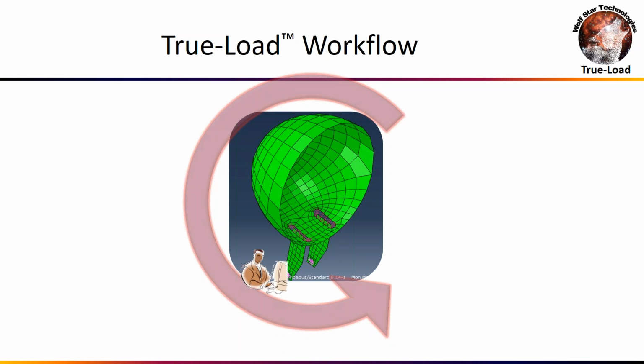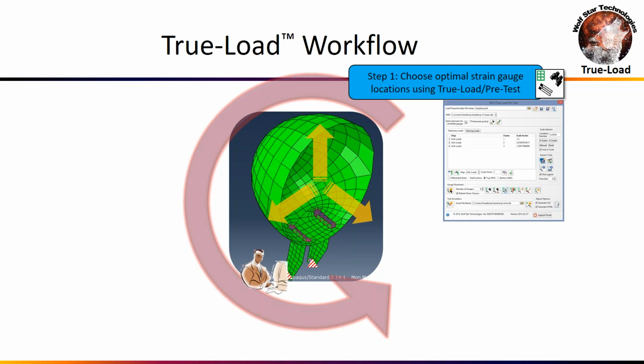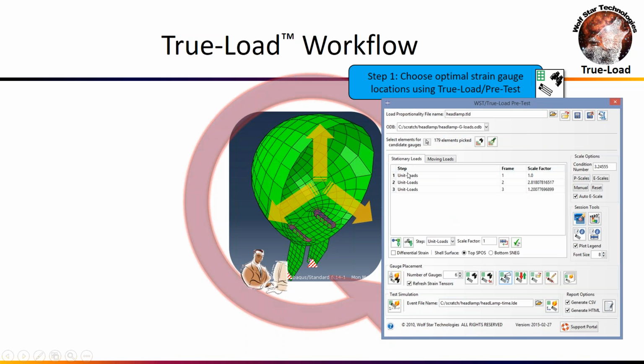The analyst says this is basically going to be a base excitation problem, and he's choosing to make the unit load cases restrained to ground at the bolt locations, and you're going to put X, Y, and Z acceleration loads as his unit load cases. So this is a choice the analyst made for solving the FEA model. Once he solves the FEA model, he can go into the TrueLoad pretest software, and pretest will then load up all of his 3 unit load cases for his X, Y, and Z unit loads.